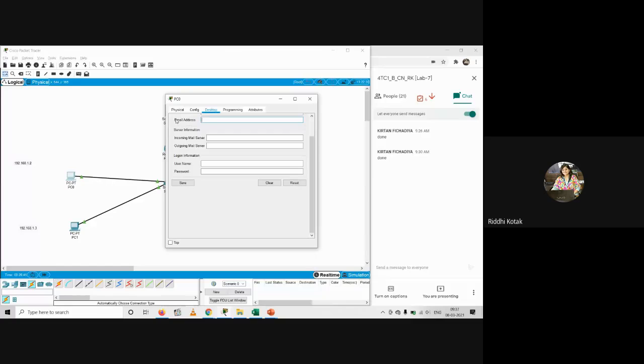Now we'll have to provide the email address, and this is PC0. So we'll write PC0 at the rate mu.com, which I have created. If you have changed this, then according to that you have to write the email address.